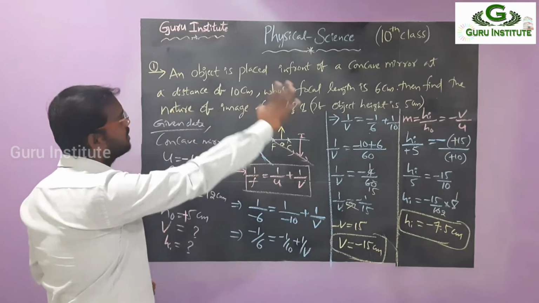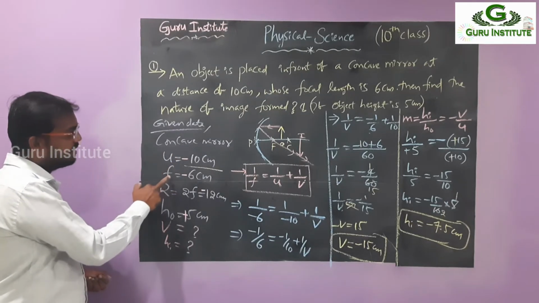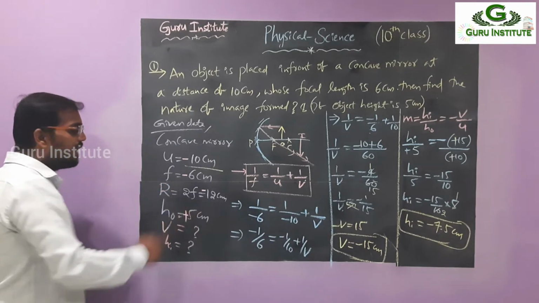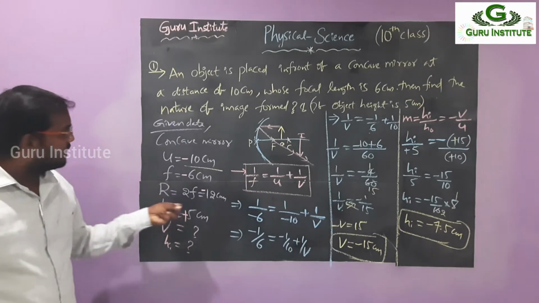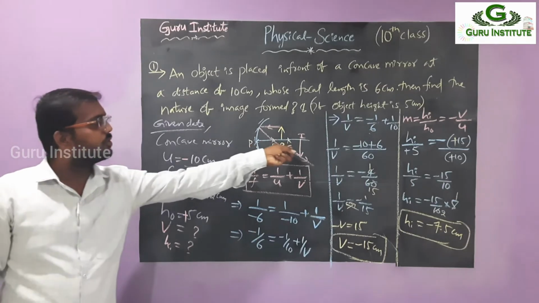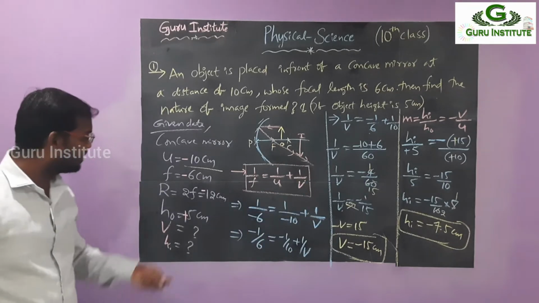Then the total matter: we are writing the concave mirror, image distance given, focal length given. Immediately, if the focal length is given, you have to find the radius of curvature. If the radius of curvature is given, you can find the focal length. Then draw the rough figure for that one. Then you can know where the image is formed. It is useful for checking whether our answers are correct or wrong. So this is the matter.